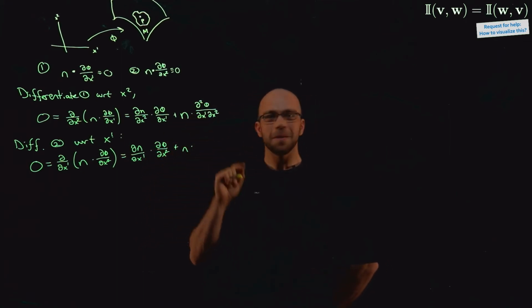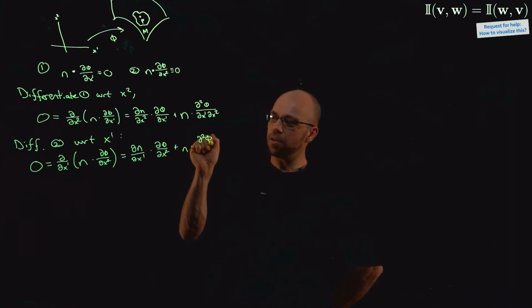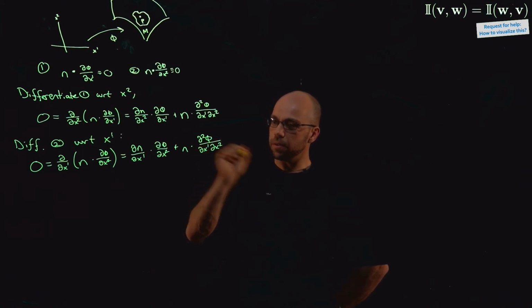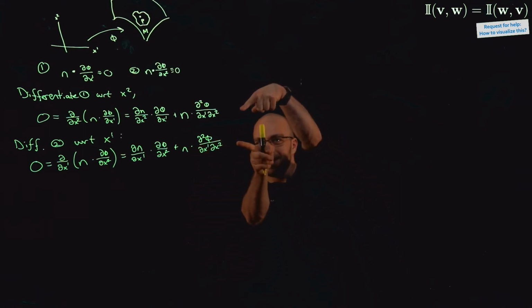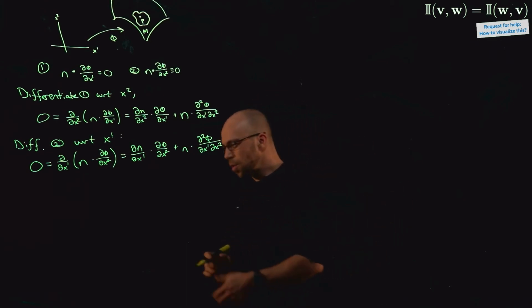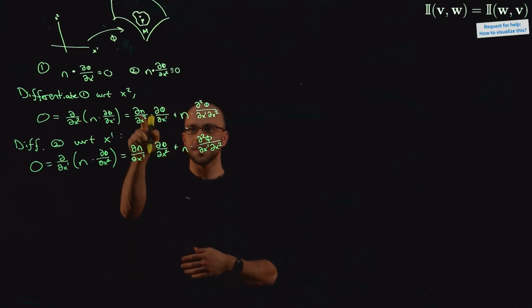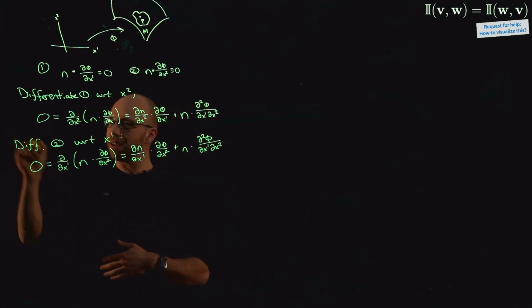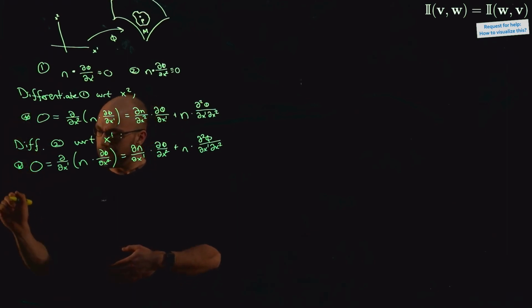And this is the same mixed partial that we had in the previous expression, d squared phi dx1 dx2. Okay, so we have two different expressions, both of which equal 0. So the one thing that we can do is subtract them from one another. And what do we get? So if we combine these two expressions, then